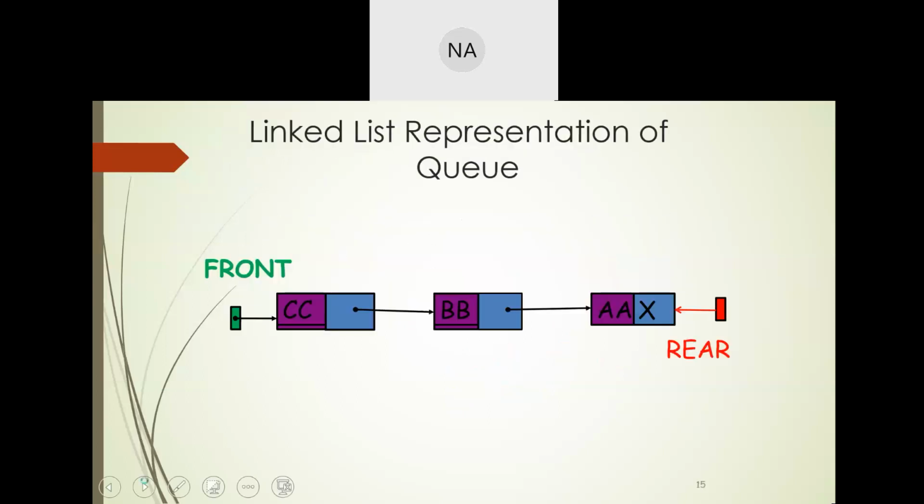Okay, so this is an example of how linked lists are used to represent the queue. There are three elements in the queue, AA, BB, and CC, and this is the front end of the queue, and this is the rear end of the queue. Okay, so we have a front pointer, which points to the front end, that is the first element at the front side. And we have this pointer, which is the rear pointer, which points to the rear end, that is the last element at the rear side. Okay,